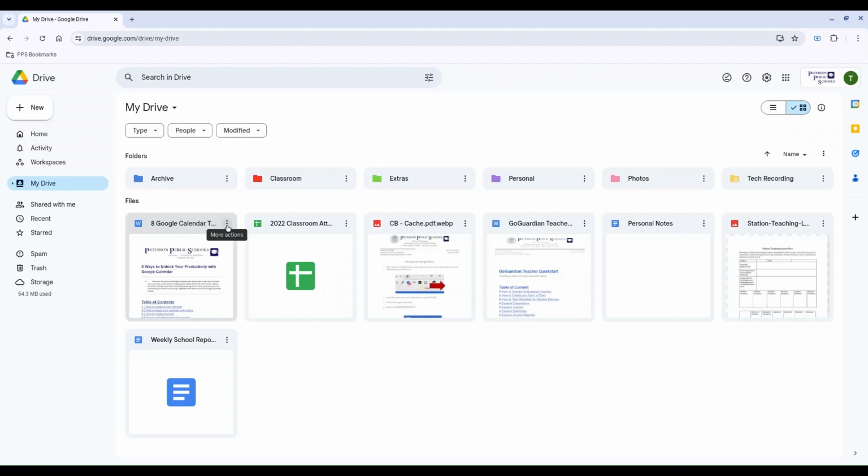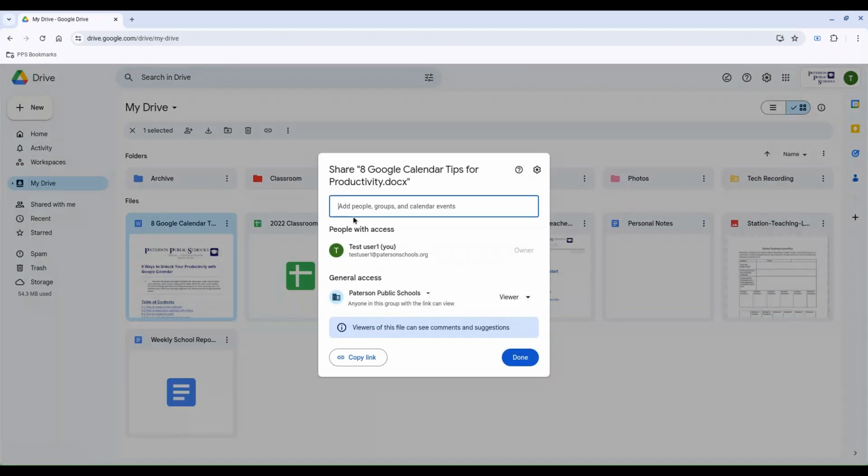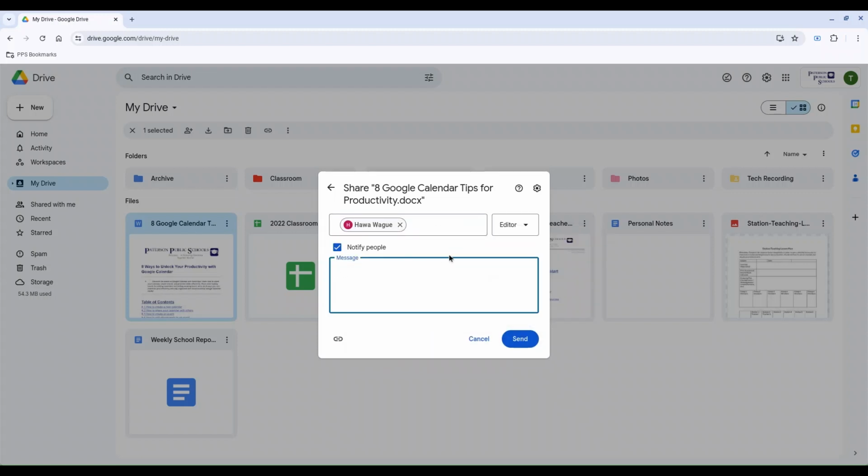Gonna go to here with your dots, go to share, and you'll be able to add the email right here. So I'm gonna put in my email address, sharing it with myself. And one thing that you can do when you're sharing files is manage your access permissions. So there's three options you can choose from. You can choose the editor to allow the person that you're sharing it to edit the file, or you can have them just be able to comment and suggest things on the document,